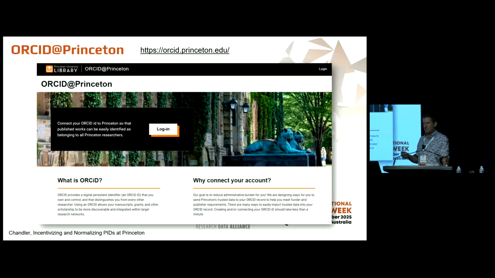I was having a chat with Matt before this, and he was keen to emphasize that at Princeton, as indeed at other institutions, I think, there's a reluctance to come up with overarching policies that force researchers at the university to obey the rules, but rather to facilitate and make it easier to actually adopt the kind of technologies that they're looking to assist people to adopt. And that's very much the approach they're taking to encouraging people to pick up ORCIDs.